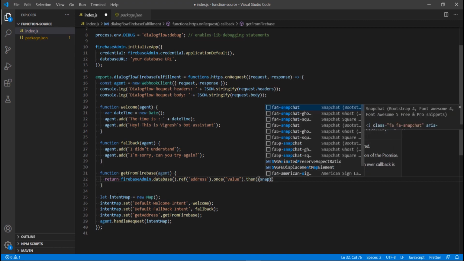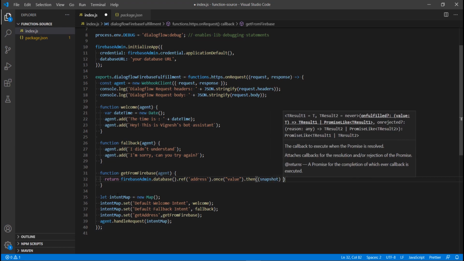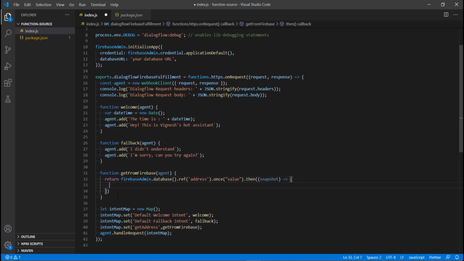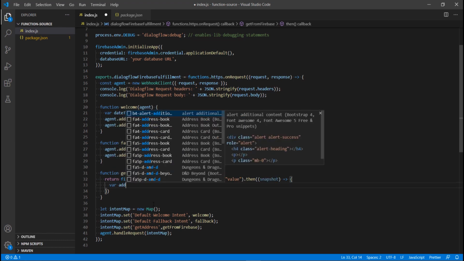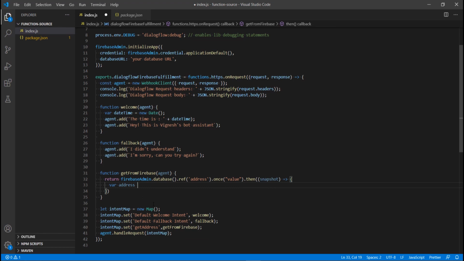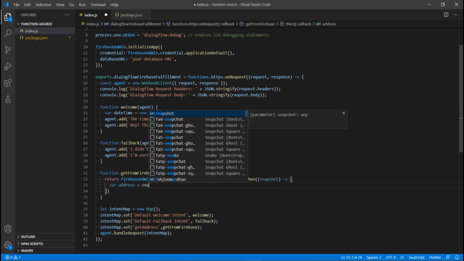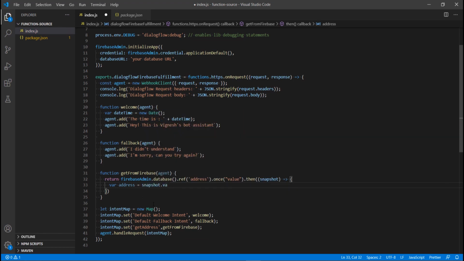If everything goes fine, it will return a snapshot value, and this snapshot value contains the required address. So to get the address, I'm creating a new variable called address, and I'm saving it as snapshot.value.